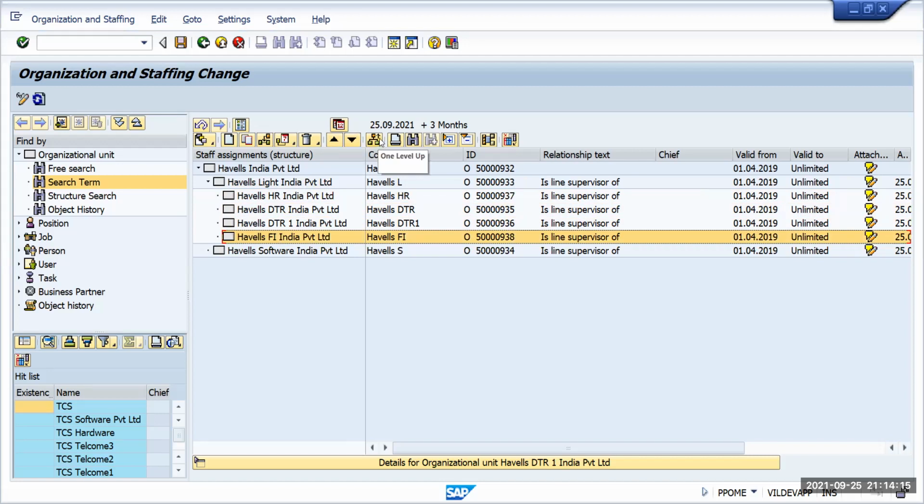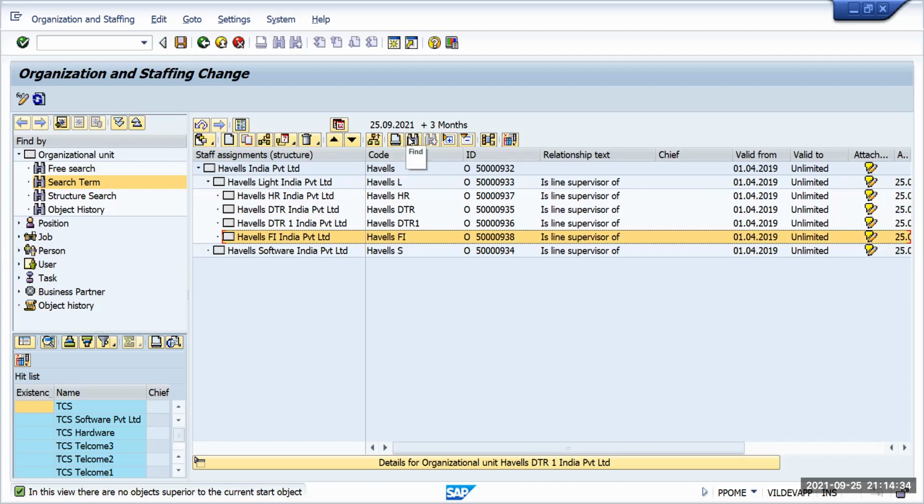One level up, I have not used. One level up, what do you mean by one level? I have not used, so I'm not aware of this one. This is the printer. So this one I have not used, so I'm not aware. This is the printer. If you want to print, Control P, this area, so make a Control P.